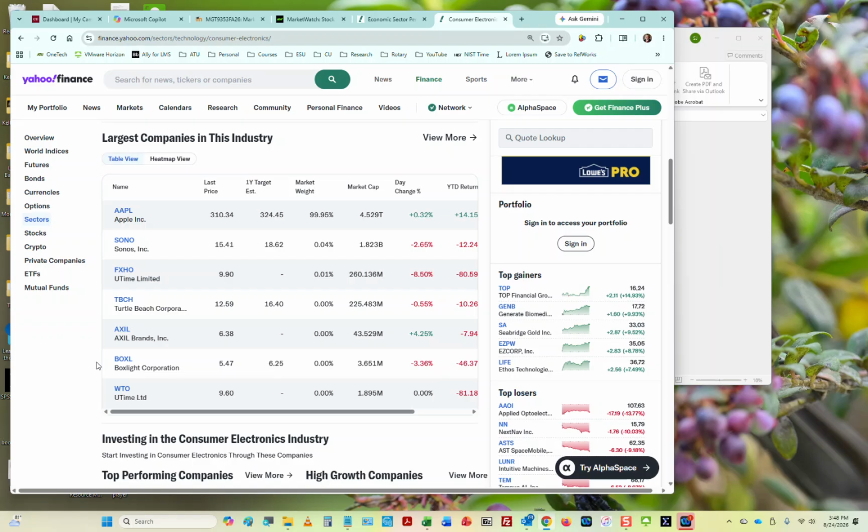Generally, it's going to be by market weight, and I'm just showing you this one right here, and by market cap. So the market capitalization fairly large here, with obviously Apple being the largest of all of those. If we go back,